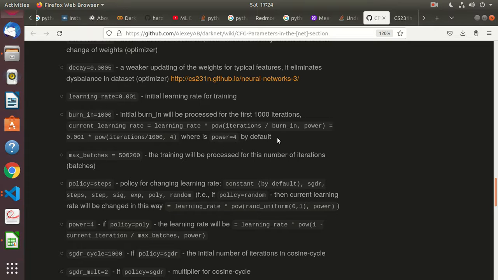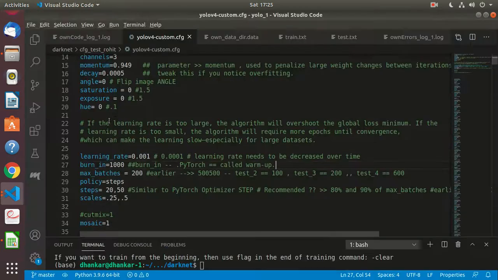Okay, so obviously the current learning rate will be calculated, and the learning rate will be multiplied into the burn-in. So it seems a lower value of burn-in probably would be okay, right? Because iterations divided by burn-in. Iterations. So this calculation I'll have to check. I'm not able to make it out right now. But what I'll do is I'll keep the burn-in low, and I say 1000 is the default. But for now, I'll just keep it as, I don't know, 10 maybe, because